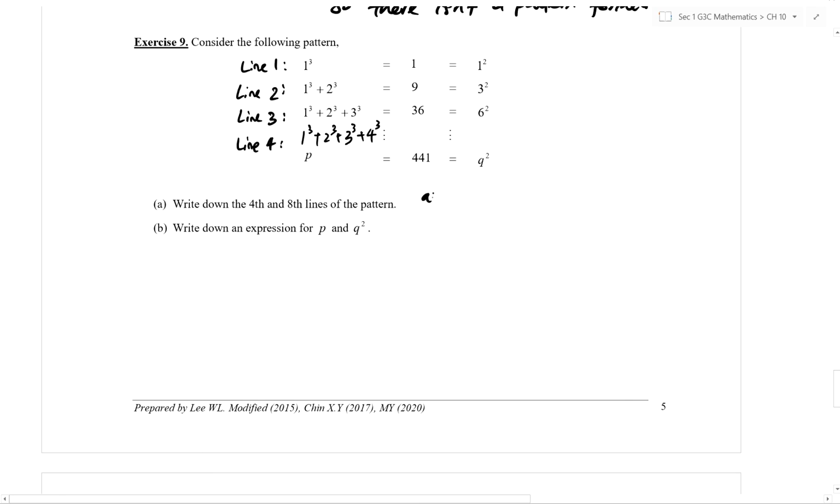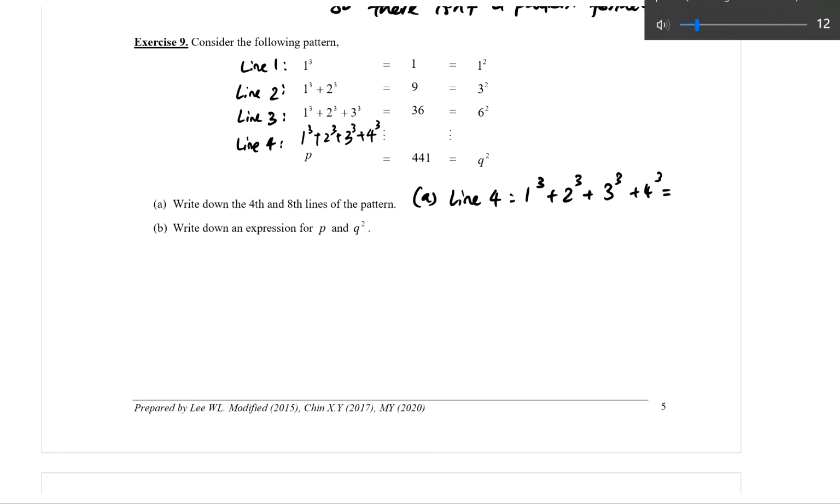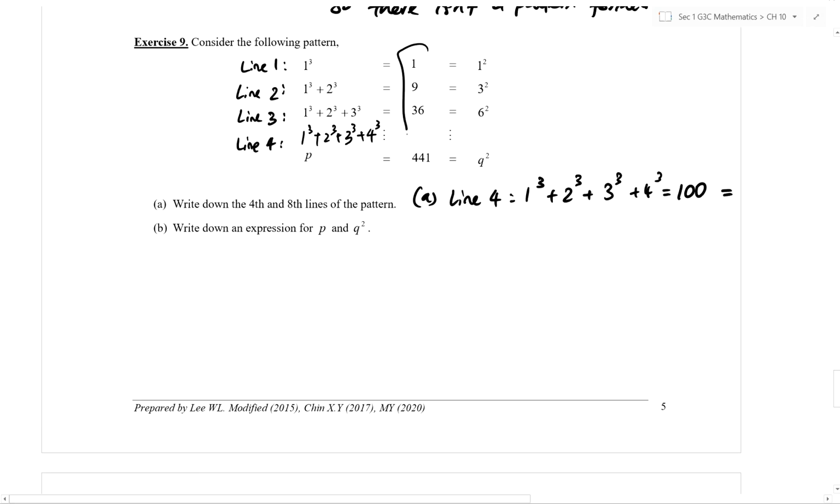Okay, so for part A, line 4 looks like this: 1 cube, 2 cube, 3 cube, 4 cube, and this value is given by, we can use our calculator to find out. This is given to be 100,